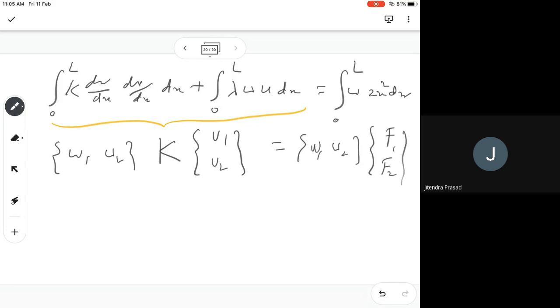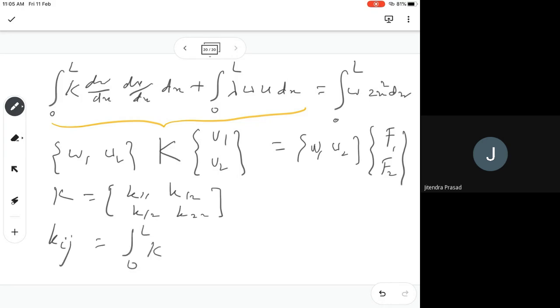K will have K11, K12, K12, K22, where Kij will have two terms: the integral from 0 to L of kappa dNi/dx dNj/dx,